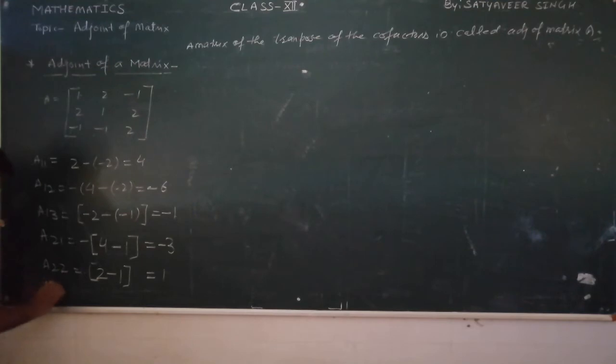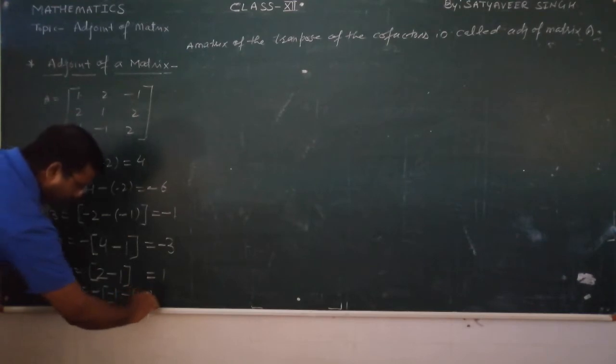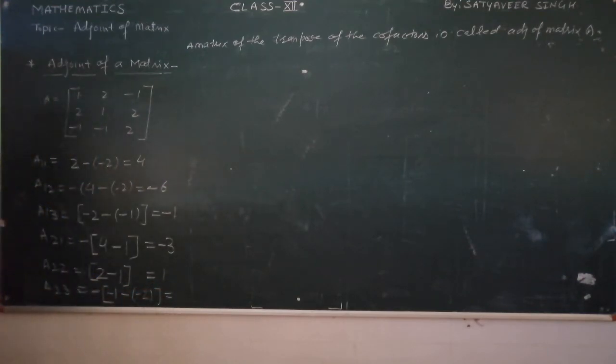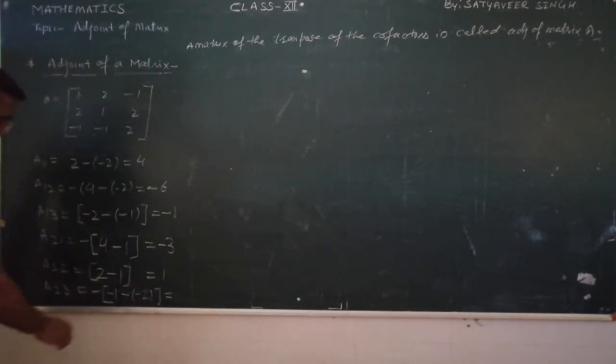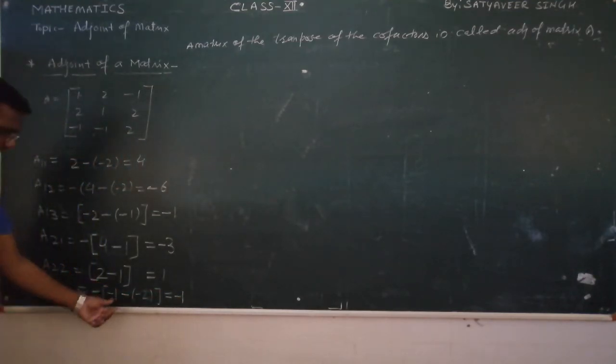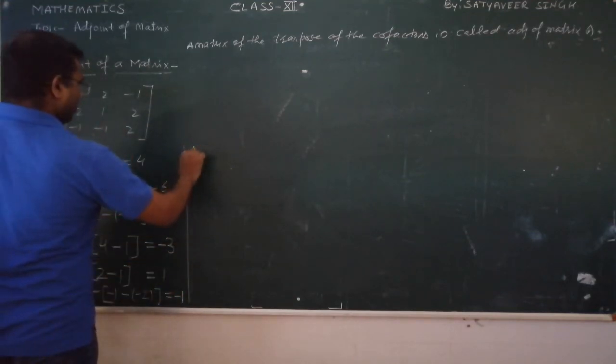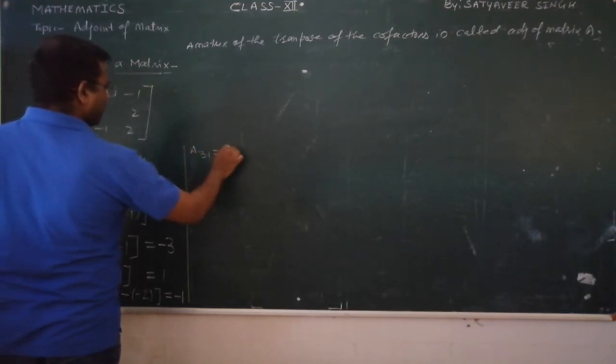And what is the value of A23? This also we can write. It is negative as per rule. So 2, 3 means these two we will hide. Minus 1 into 1, it is minus 1. And minus as per rule, minus 1 into 2, it is minus 2. So we can see here it is minus 1 plus 2, so it is plus 1, and because of this minus it is minus 1. And now what is remaining? Third row, A31. It is positive as per rule.